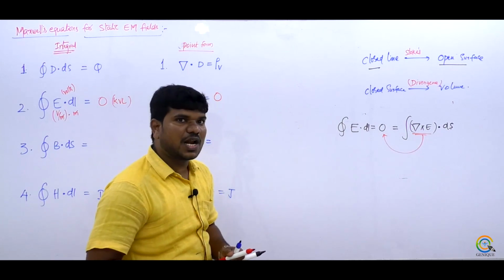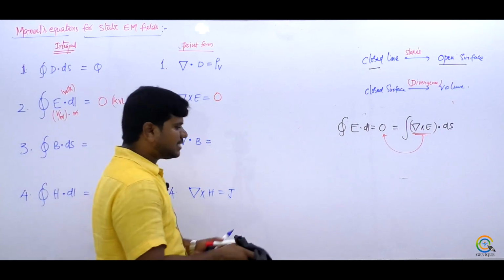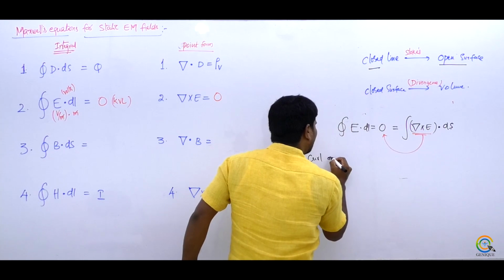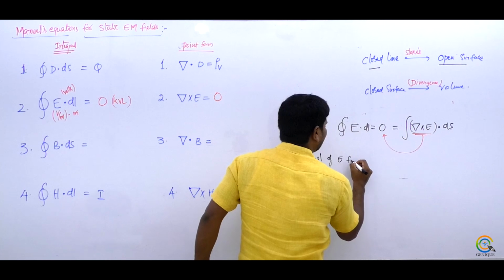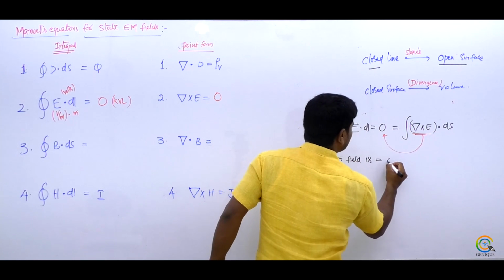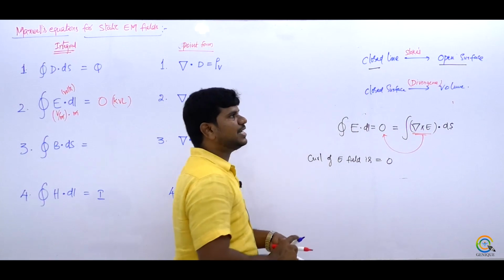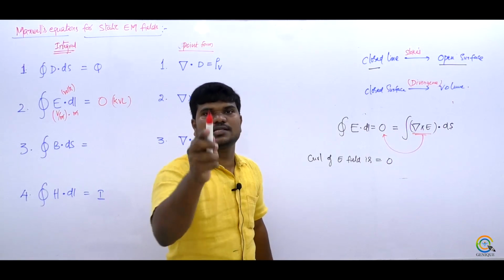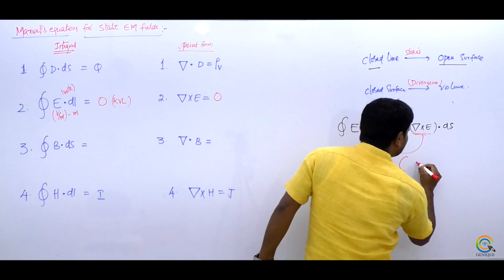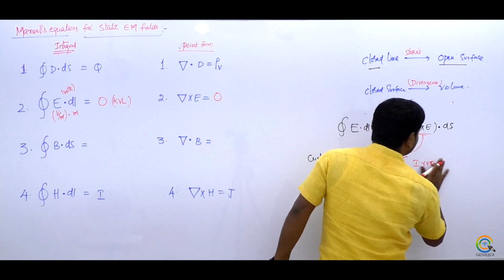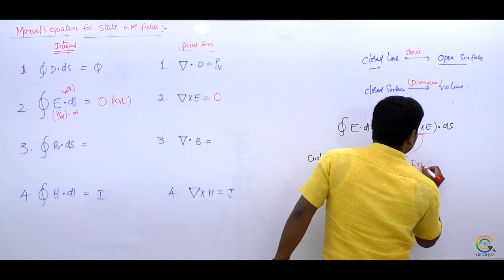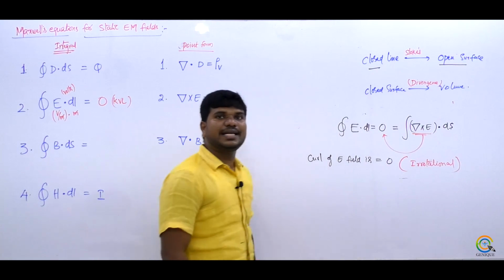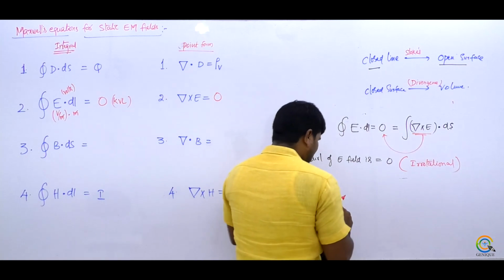So what does this del cross E represent? The curl of the E field is 0. The curl of the E field being 0 means the curling nature, the rotating nature of the electric field, is 0. That's why it is called irrotational. What is irrotational? The electric field is irrotational. Why is it irrotational? We know,